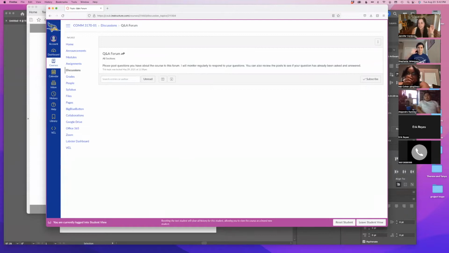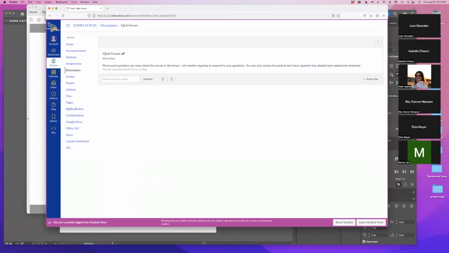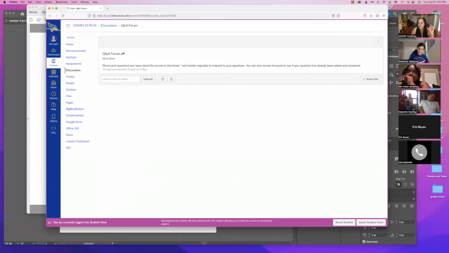I can't actually see all of you or the chat because of how my screen is set up, but I see a couple of thumbs up. So if you like Discord and someone would like to volunteer to take that role and make a Discord channel for this class, then you can do that. We can use that as a way we communicate and ask questions to each other as well.